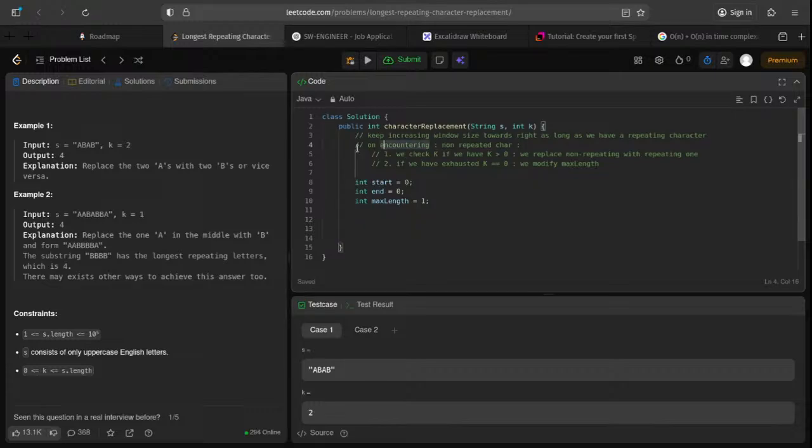Okay, so for repeating characters, we just will go in while. Let's just change it to a character array, char star character equal to s dot to char array, while